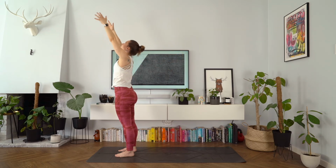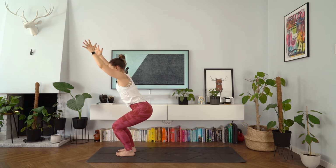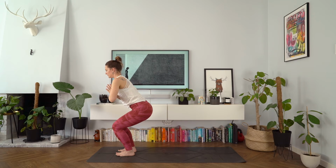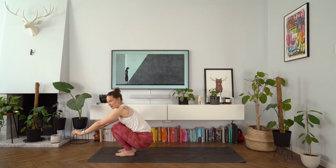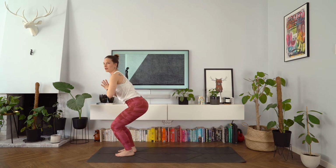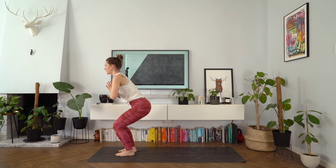Beautiful. Inhale. Exhale, sit back into the chair. Last one, I promise. Hands can go to heart center. Beautiful. And then from here, two options, yogi's choice. You can lower down towards the mat from here, or if you're feeling a little bit more energetic today, see